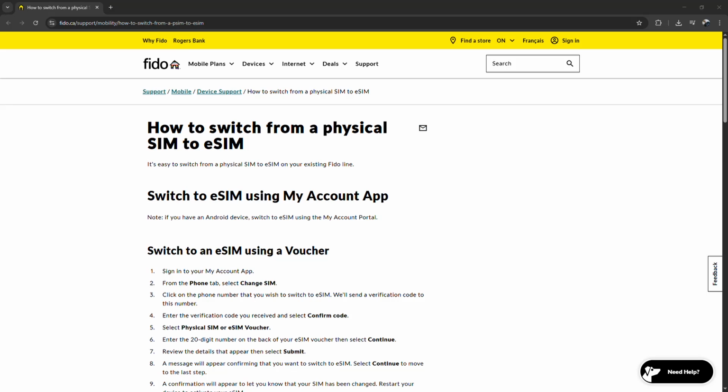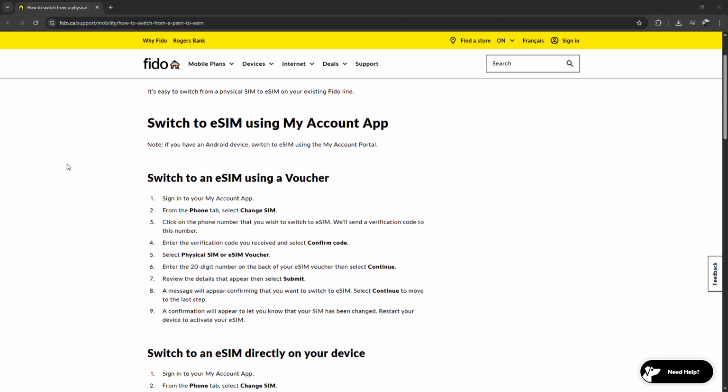How to change your Fido mobile plan eSIM in 2025. I'm going to tell you how to change your Fido mobile plan using eSIM in 2025. First, open the Fido My Account app or website if you're on Android and go to the Phone tab, then